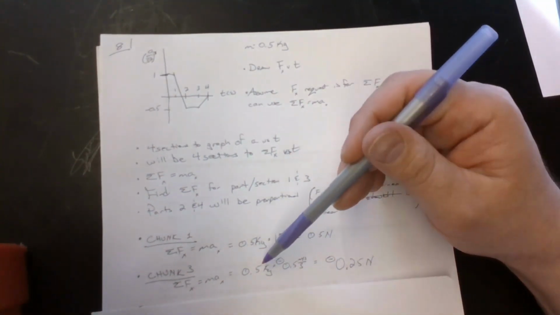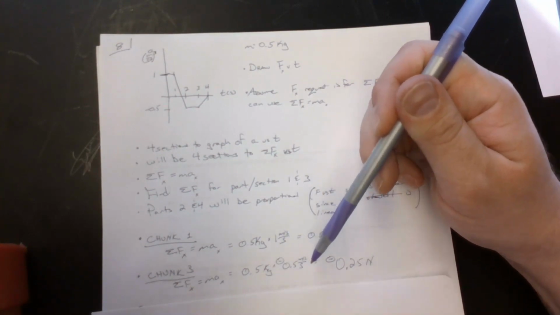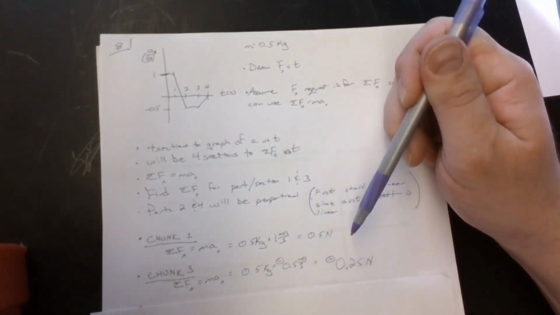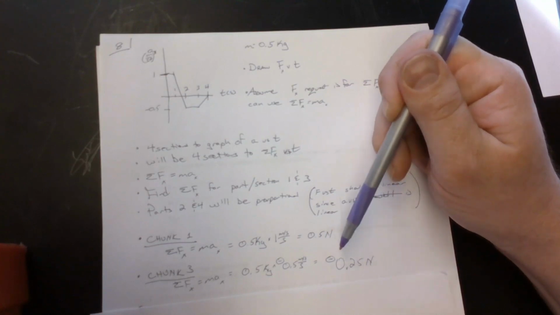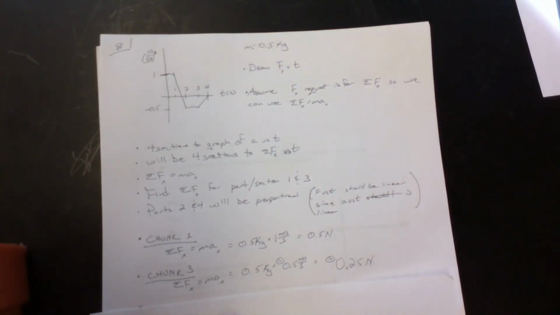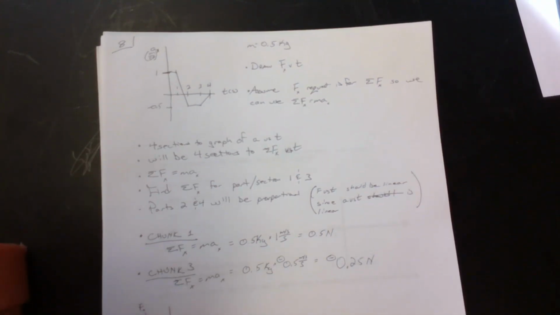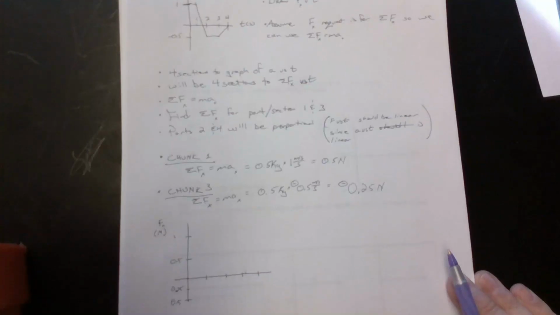I get 0.5 kilograms times a negative 0.5 meters per second squared, gives us total force for chunk 3 of negative 0.25 newtons. Then I drew out this rough graph, and as I go through to plot these lines,